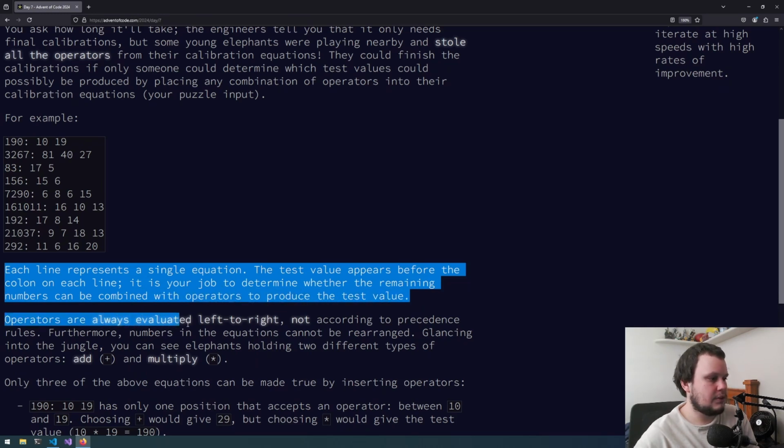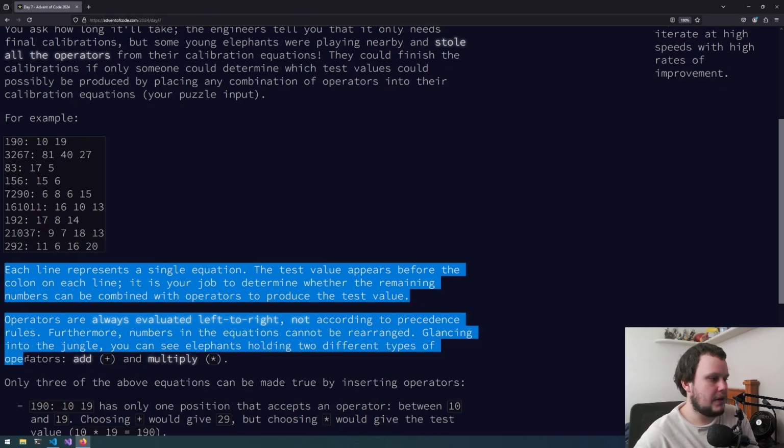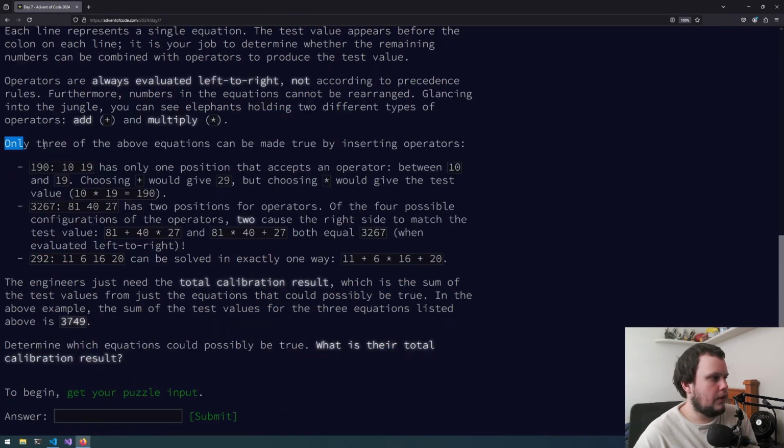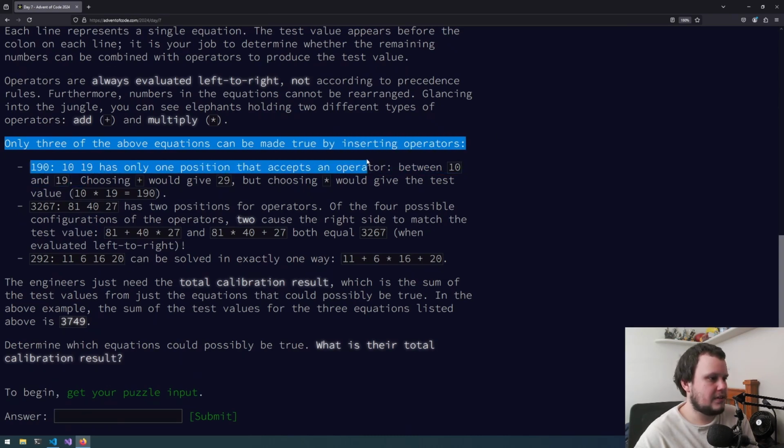Operators are always evaluated left to right, not according to precedence rules. Furthermore, numbers in the equation cannot be rearranged. Glancing into the jungle, you can see elephants holding two different types of operators, add and multiply. Only 3 of the above equations can be made true by inserting operators. 10 and 19 has only one position that accepts an operator. Between 10 and 19, choosing plus would give 29, but choosing asterisk would give the test value, 10 times 19,